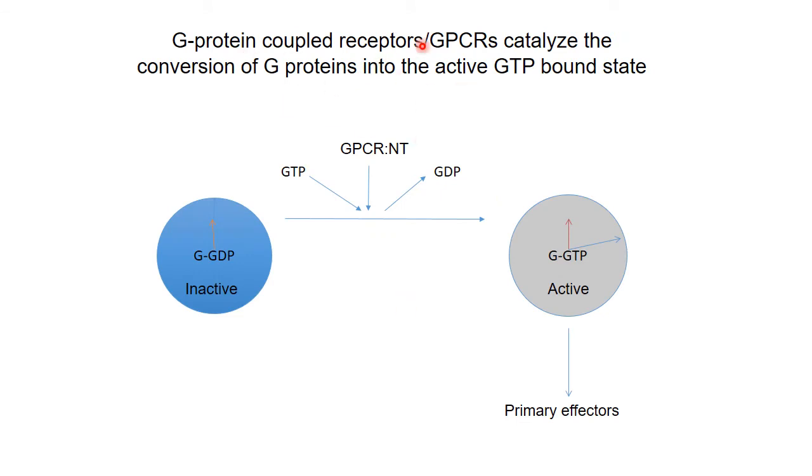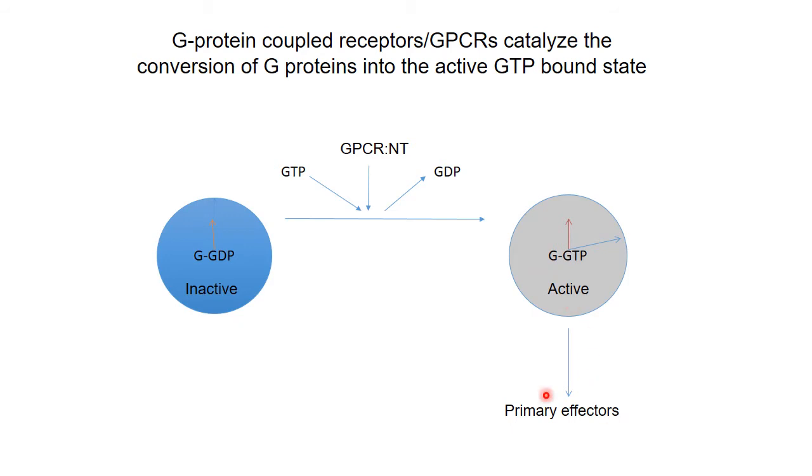And that's the major way that G protein coupled receptors work. G protein coupled receptors are going to bind G proteins in their inactive form. G proteins, when they bind GDP, are in an inactive form. Binding of neurotransmitter to G protein coupled receptor is going to lead to exchange of this GDP bound with the GTP. G proteins, when they have GTP bound to them, are active, and then they can lead to activation of